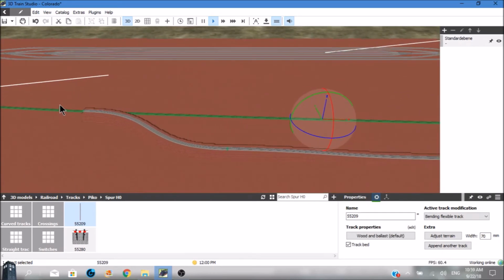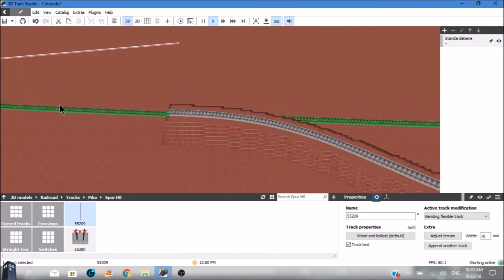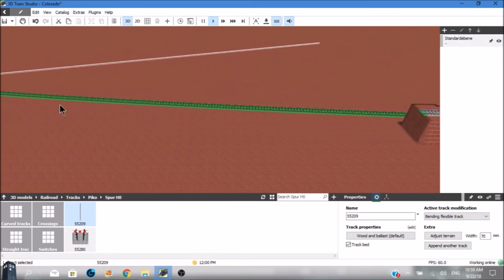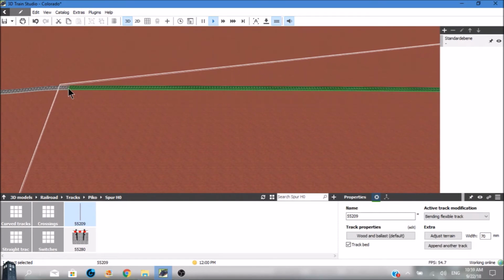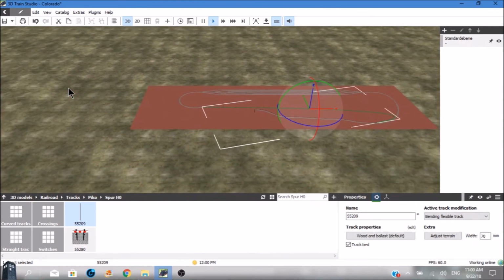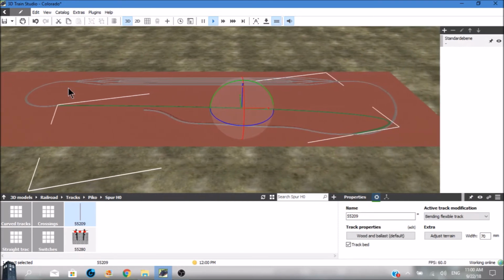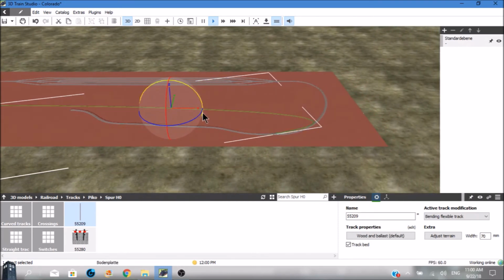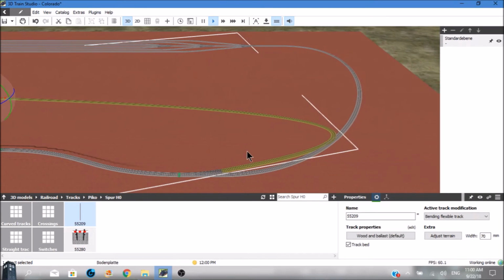And we may need to zoom in and scroll over so that we can see where the two track ends are to join them. And when we zoom out, we find that this end down here is just way too steep of a curve, so we're not going to be able to use that. The only way to tell for sure when laying track if it's going to work or not